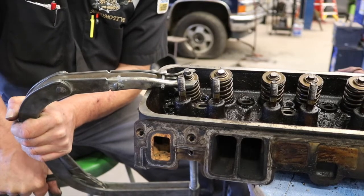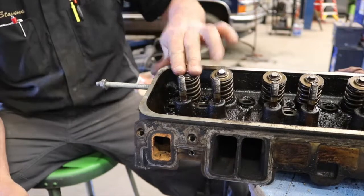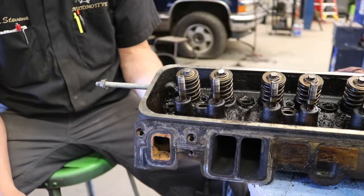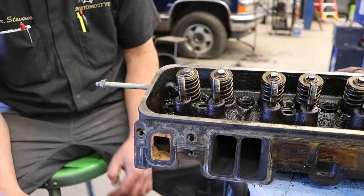So we're going to ease it off very gently. The spring will come up and capture the keeper. And now I've got a nice closed valve. It's going to create a seal for us, so we can get this head put back on, and once it's all back together, we'll get it fired off,